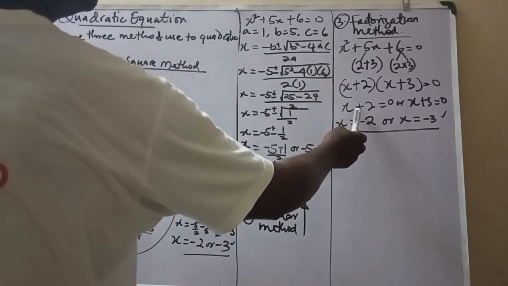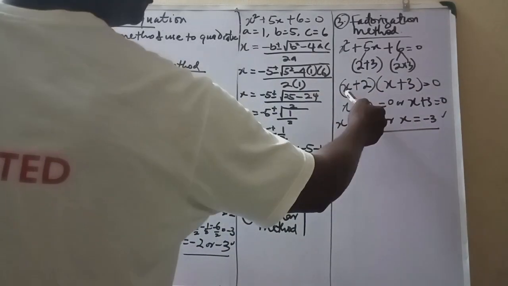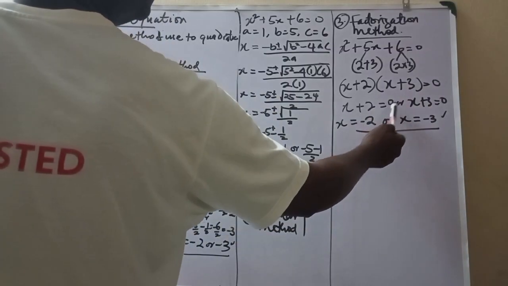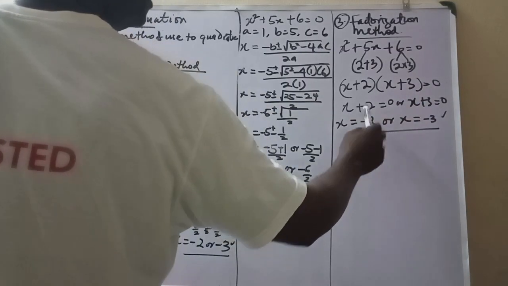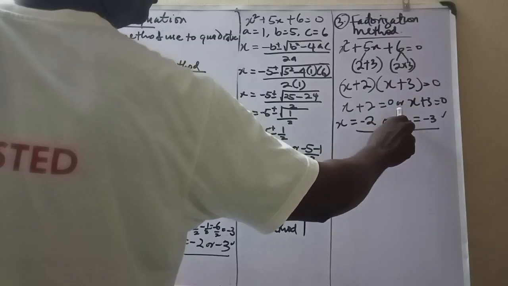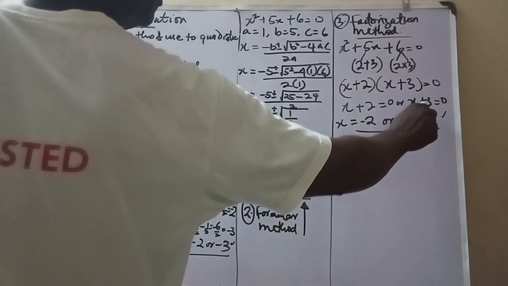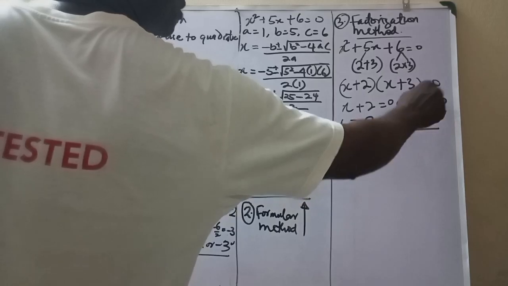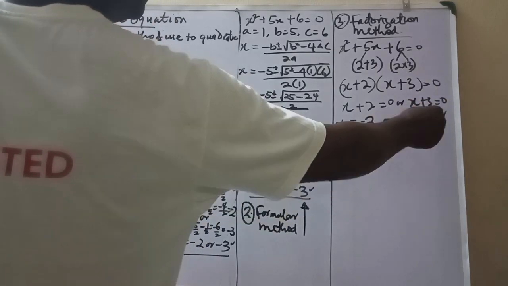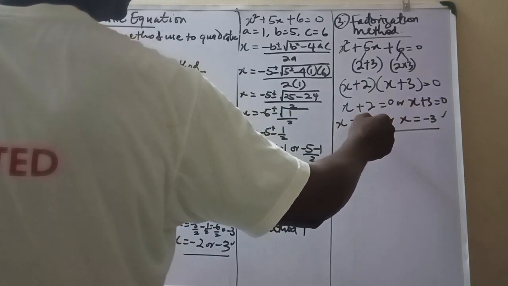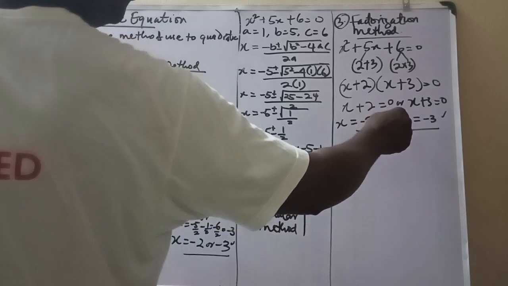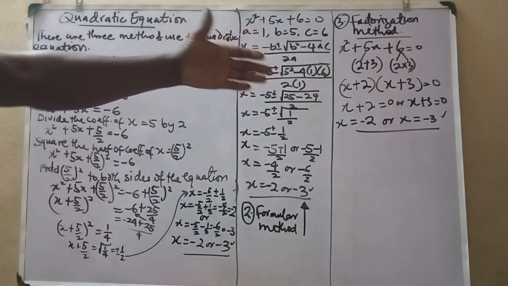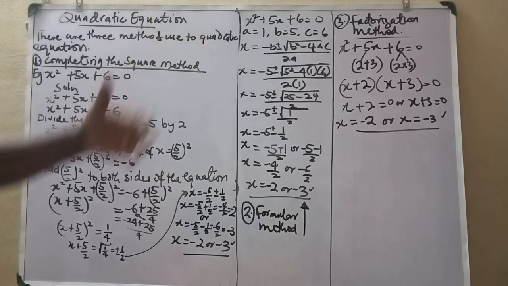So you can see that you equate them equal to 0. Either x plus 2 is equal to 0 or x plus 3 is equal to 0. Then when this plus 2 goes this way, it becomes minus 2. Or when this plus 3 goes this way, it becomes minus 3. So you can see here that x is either minus 2 or minus 3. You can see, quite simple. So any of the methods, you can apply them